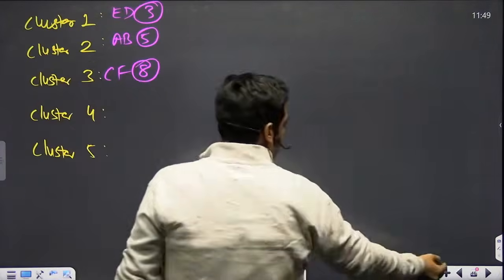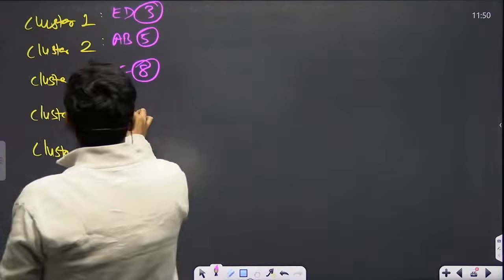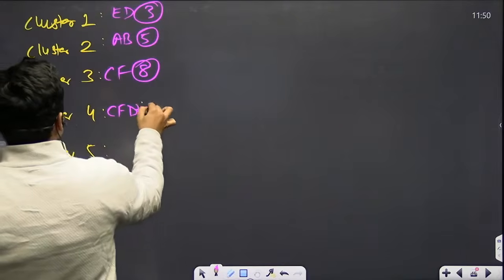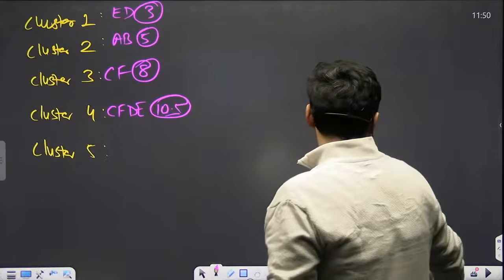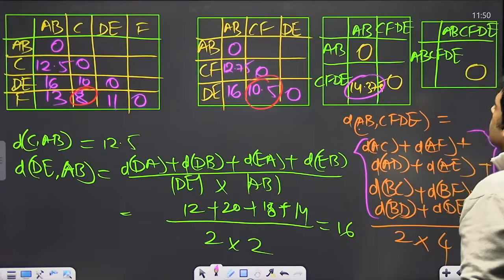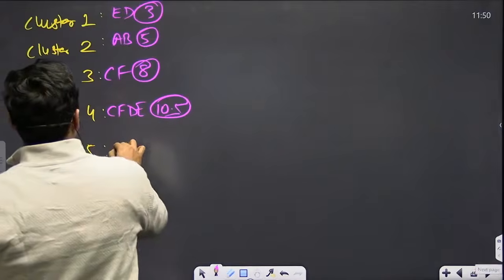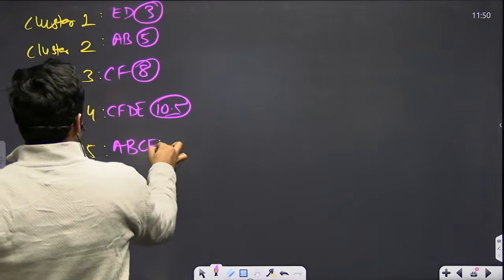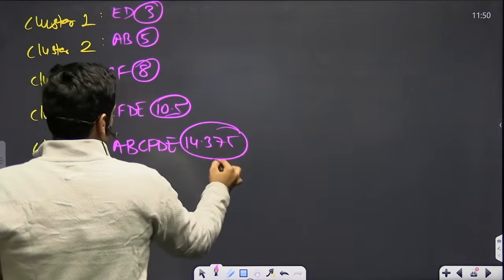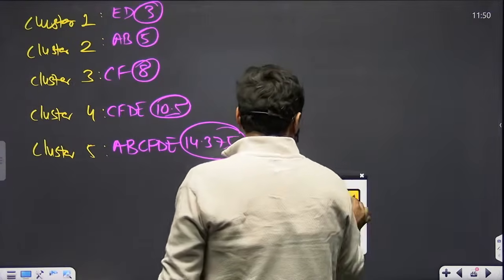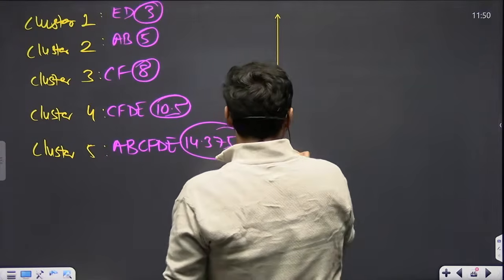And cluster 4 was done between CF and DE at a cost of 10.5. Cluster 5 was done between AB, CF, DE at a cost of 14.375. So now while making the dendrogram,